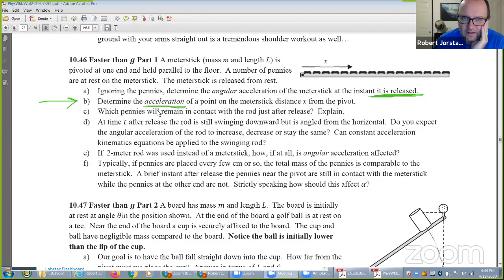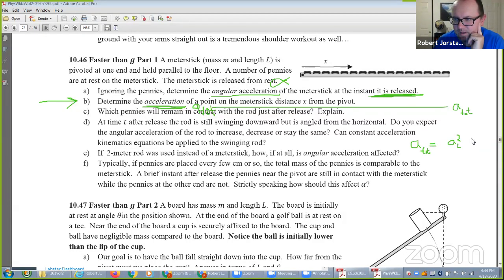If I want the acceleration, remember, angular acceleration is alpha. Acceleration is actually a total acceleration. In this case, we actually have kind of a special scenario here. A total in general is equal to a_c squared plus a_tan squared, square rooted. And so in this case, because it's released from rest,